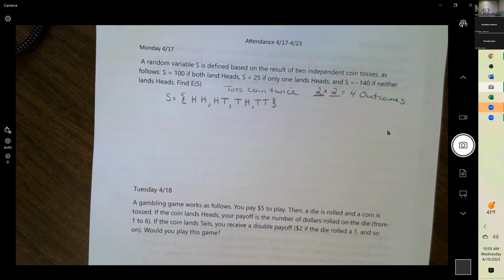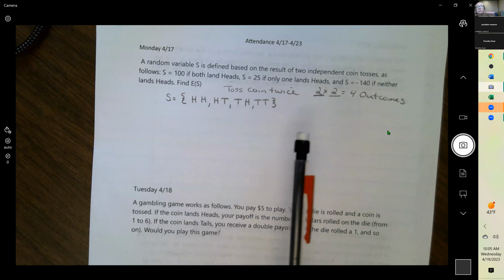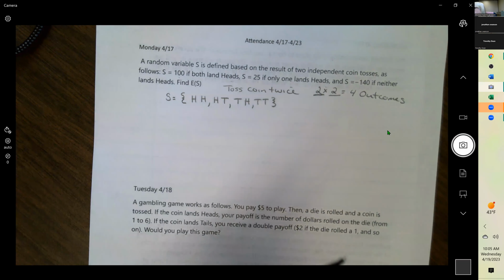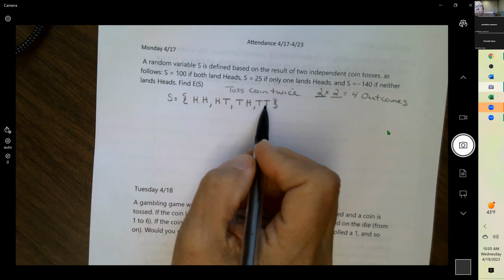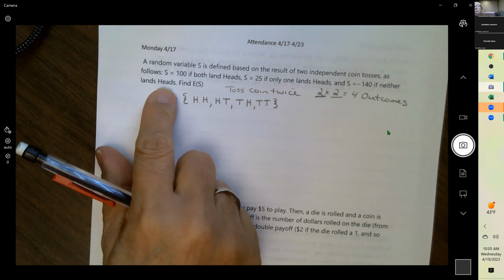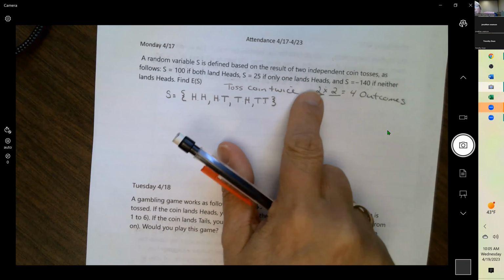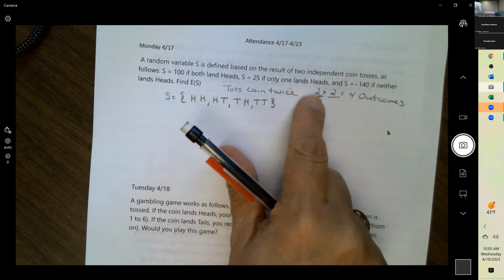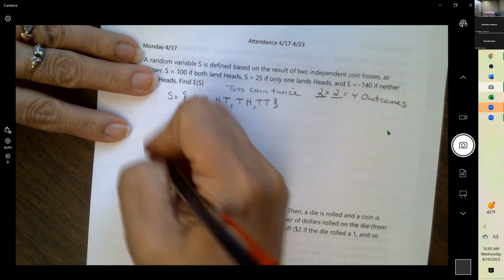So as long as they are independent events, meaning tossing the first coin can't change the outcome with the second coin, which it won't, you can just multiply the outcomes together to get the total. So there should be 4: 1, 2, 3, 4. No, they want it listed as two independent coin tosses: both heads, only one head. So if we make a chart,